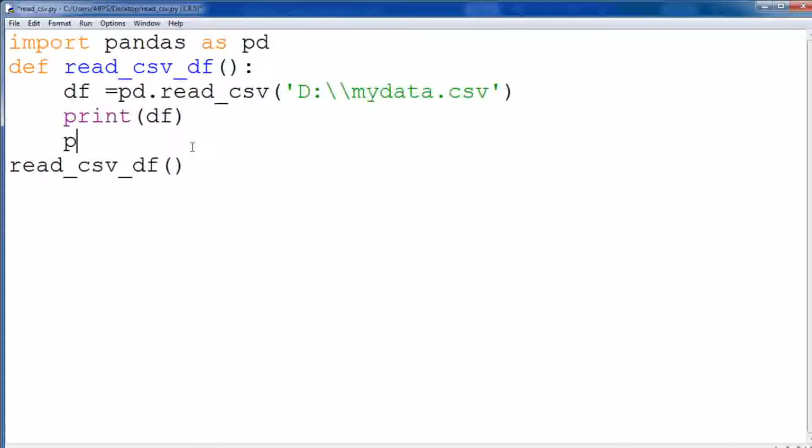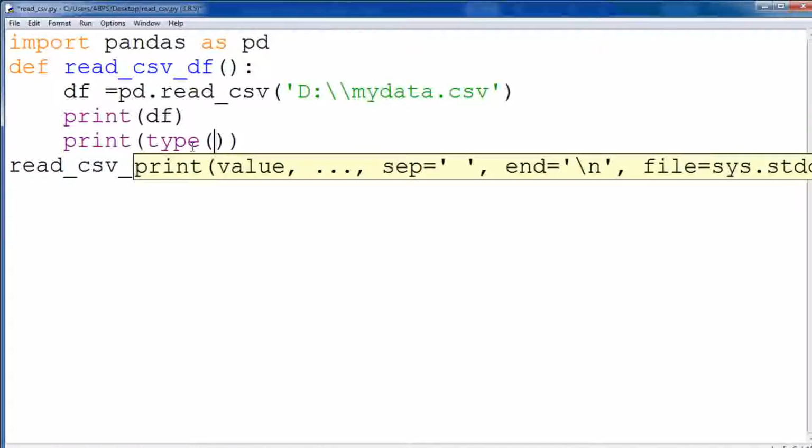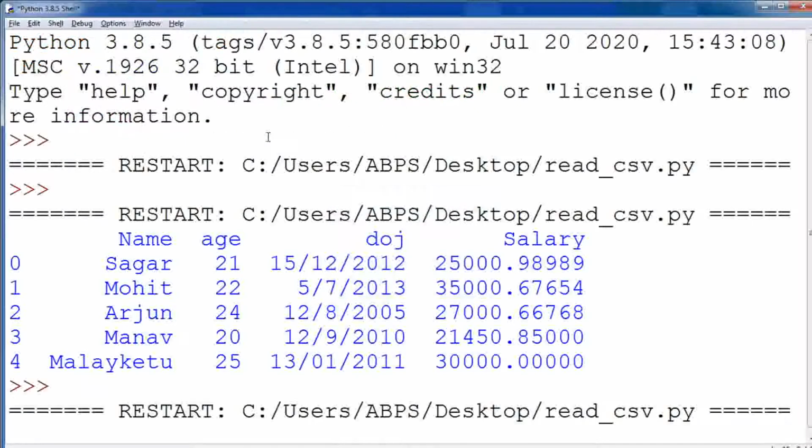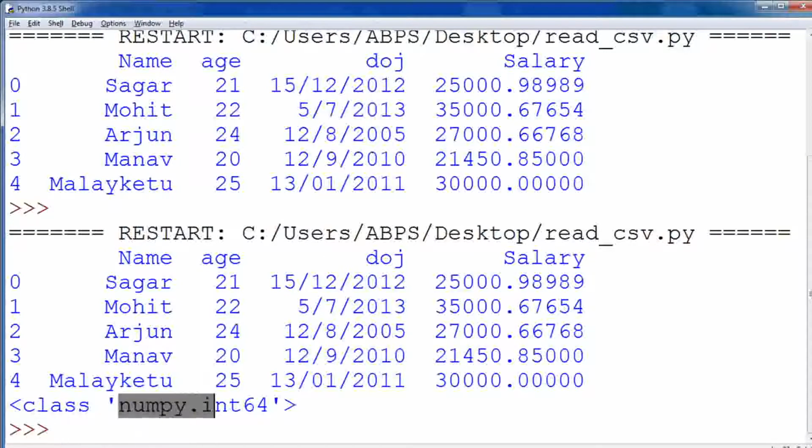I want to display the type, so print, then the type function, then df, and then your column name. Suppose I want to know the data type of the age column, so I provide age, and the spelling should be the same. It will display the type of age. As I said, it is automatically converted into int64, so we need not convert anything.